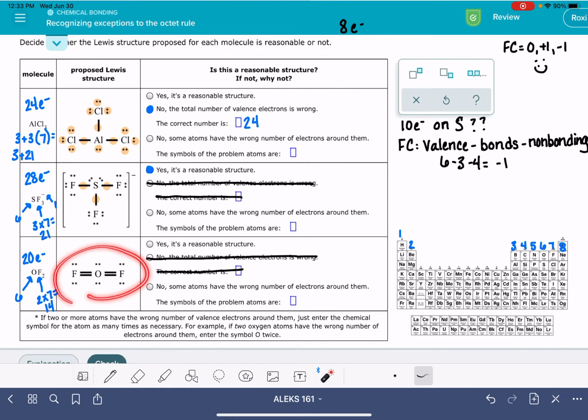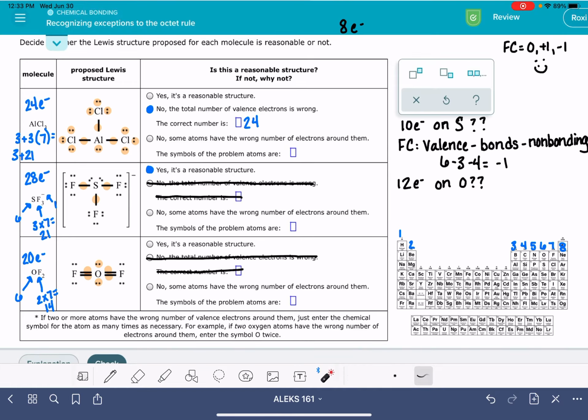So it has the correct number of valence electrons, but does it have a reasonable structure in terms of the octet rule? That's what we're going to analyze next. Start with the fluorine. First thing we're going to do is look for atoms that are not following the octet. For fluorine, we have 2, 4, 6, 8, so that fluorine is fine. Fluorine on the right-hand side, 2, 4, 6, 8, that fluorine is also fine. Now let's analyze the oxygen: 2, 4, 6, 8, 10, 12. So we have 12 electrons on an oxygen,